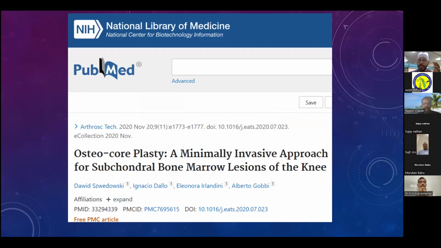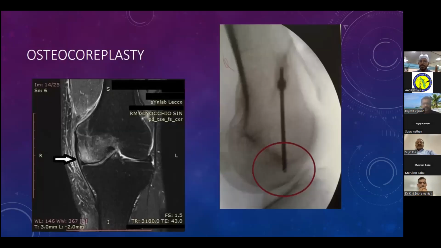This is also a newer technique in which you use the subchondral bone to heal better and provide a more stable environment for the cartilage to grow. It's called osteochondroplasty. You diagnose it; this is subchondral bone edema. You put a needle there and take an iliac crest